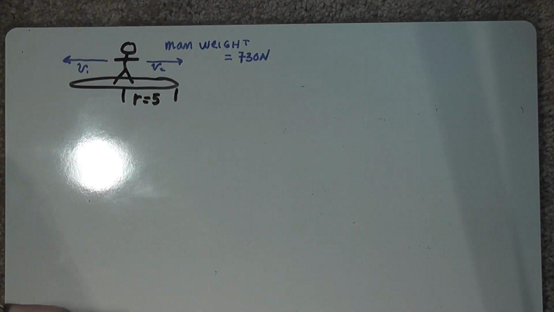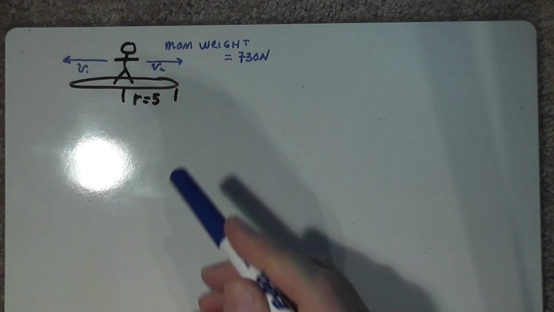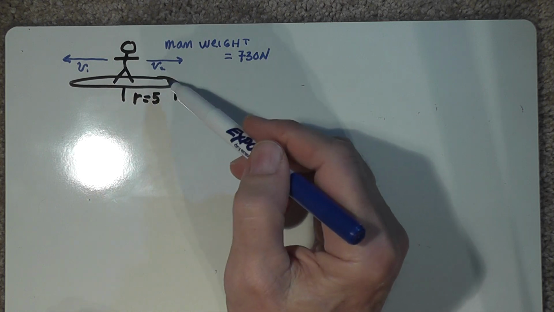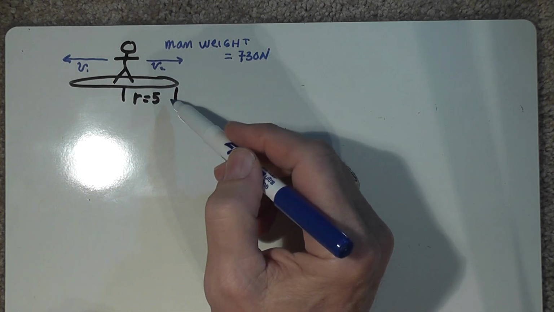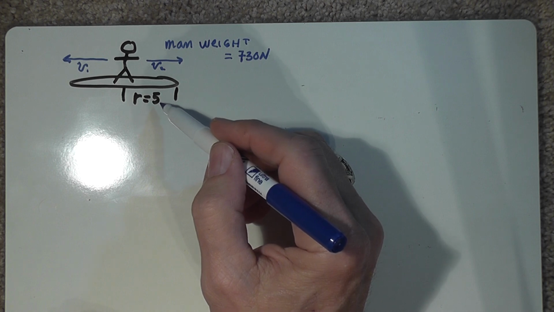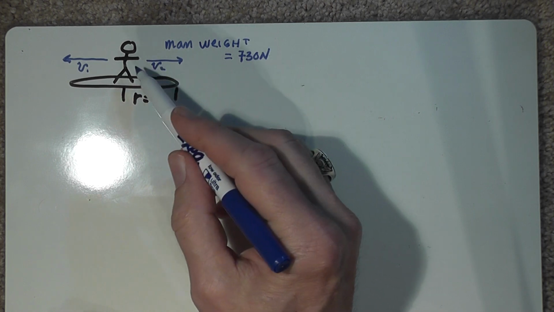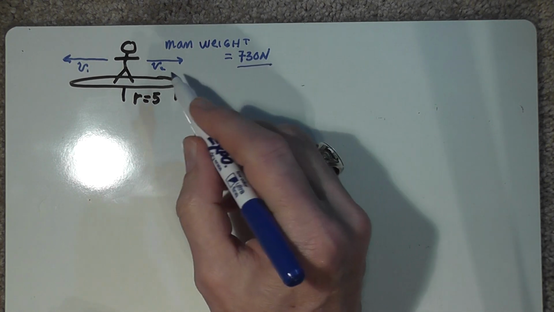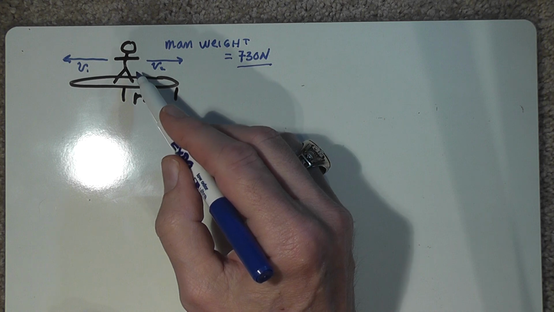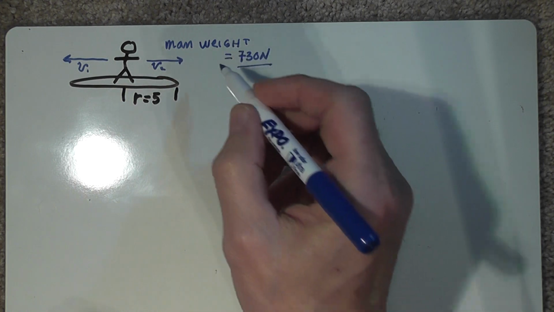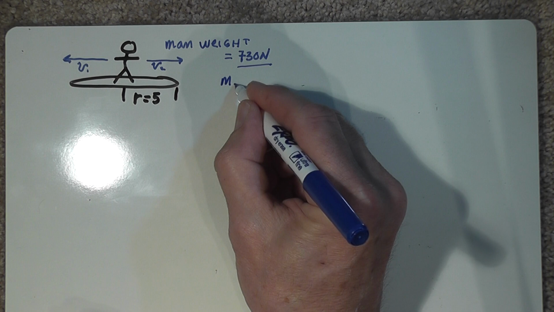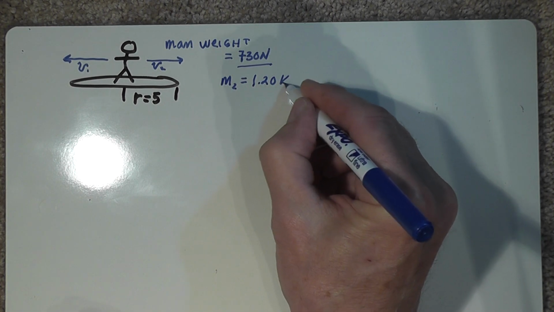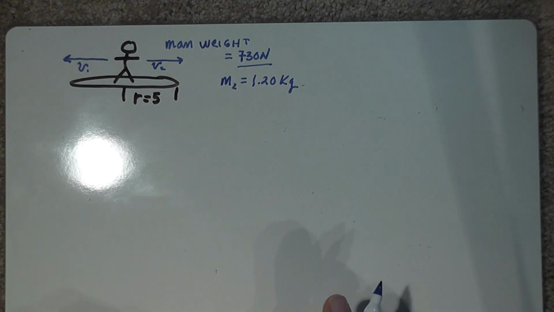Okay, we have a physics problem that's in chapter 6, problem 59. It says a man on an ice pond, which has a radius of 5 meters. It gives us the weight of the man, 730 newtons. It tells us that the man throws a book, and we're going to call this book mass 2. It is 1.20 kilograms, okay? And so